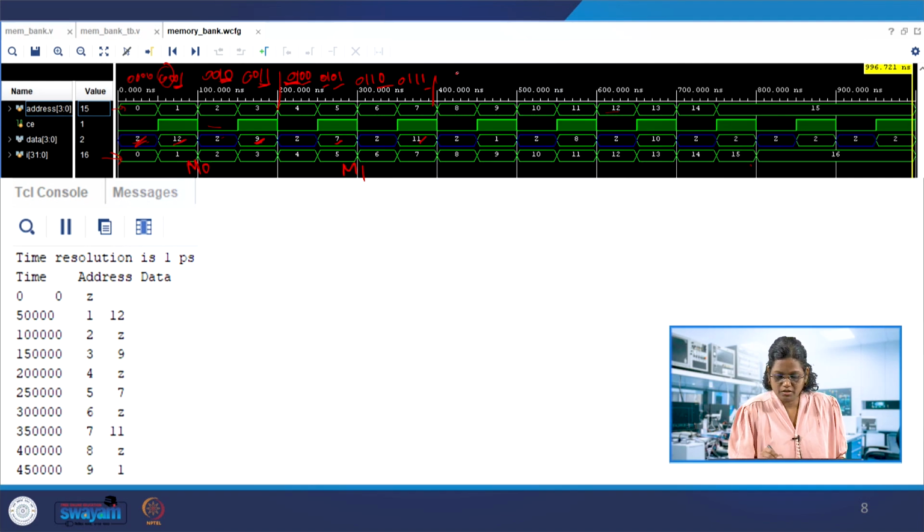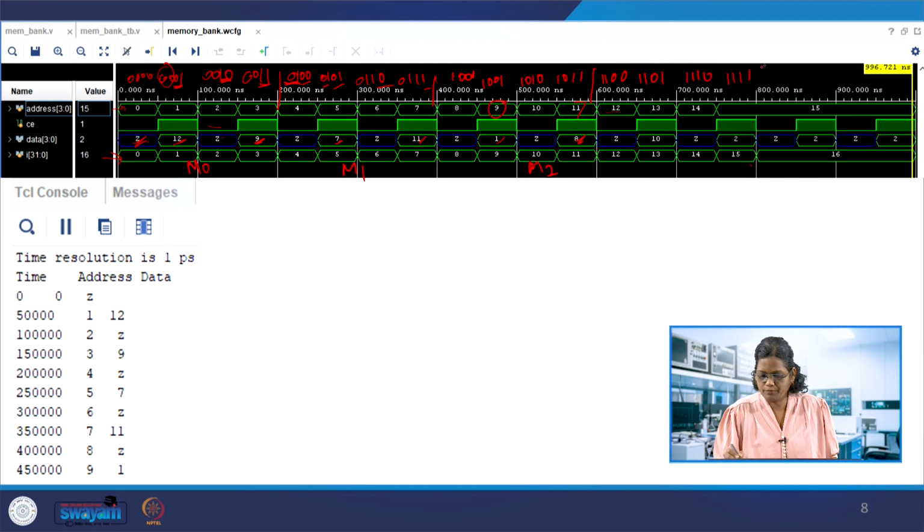Then this comes with 1 0 0 0, 1 0 0 1, 1 0 1 0, 1 0 1 1. This is referring to the third memory, and again the chip enable gives the data at this location and this location as well, with the high impedance state in the other two locations. Whereas here this is 1 1 0 0, 1 1 0 1, 1 1 1 0, 1 1 1 1. Up to this, we have the data 10 and 2.